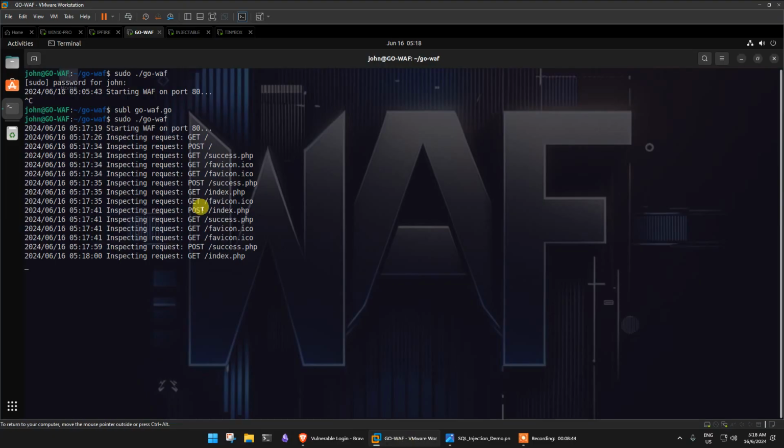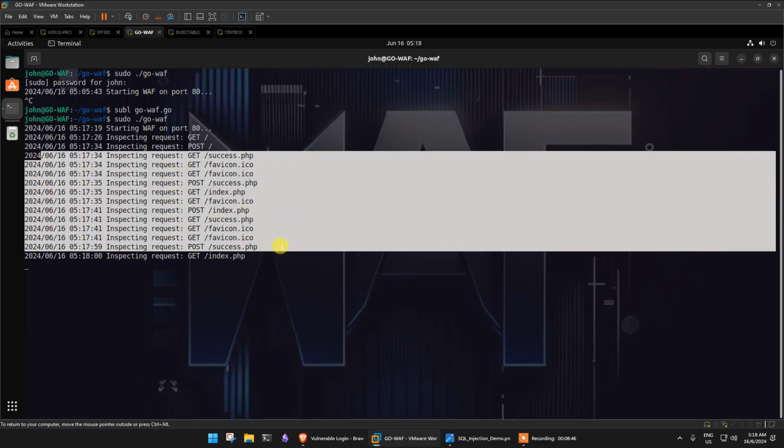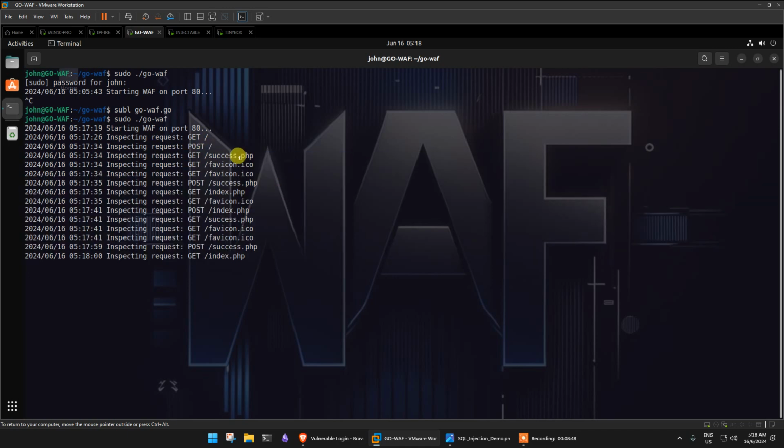On the WAF, you can see that there's a series of GET and POST requests. GET requests get the page, and POST means I'm submitting something through the page, because a login page is still a form page, right? It is still posting something. So the POST request is basically when you're submitting data to the backend